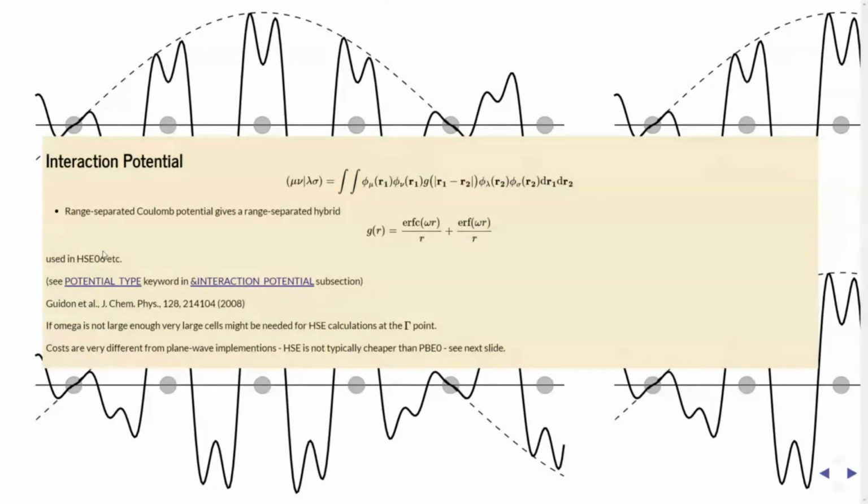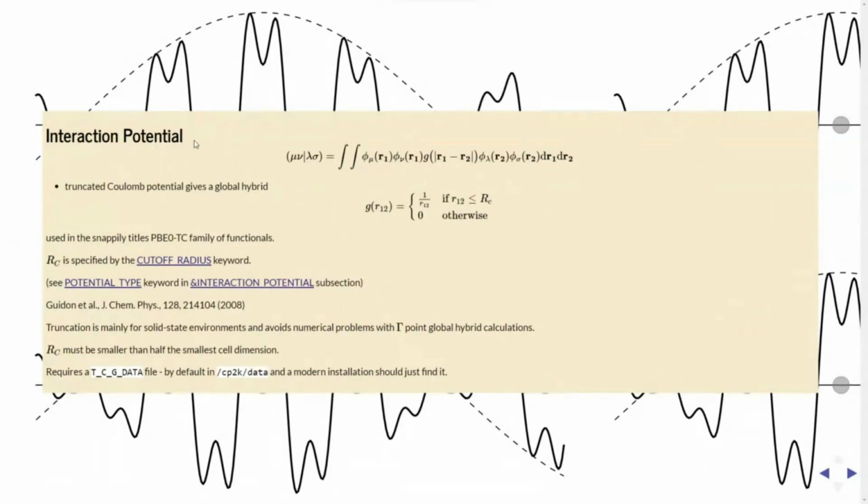So there's a popular functional, HSE, that uses a mixture of error function and complementary error function to cause essentially an exponential decay of the strength of the exchange interaction, which means that you get, rather than a divergent energy, a well-defined energy. The other one that's used quite a bit, or been used often in CP2K, something that's probably only in CP2K, not other